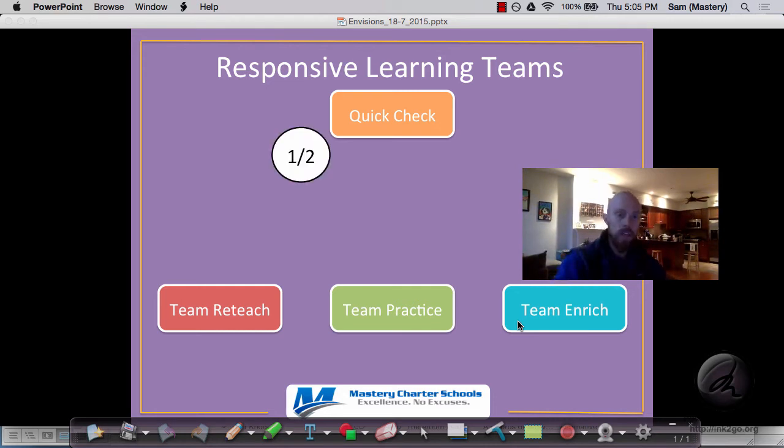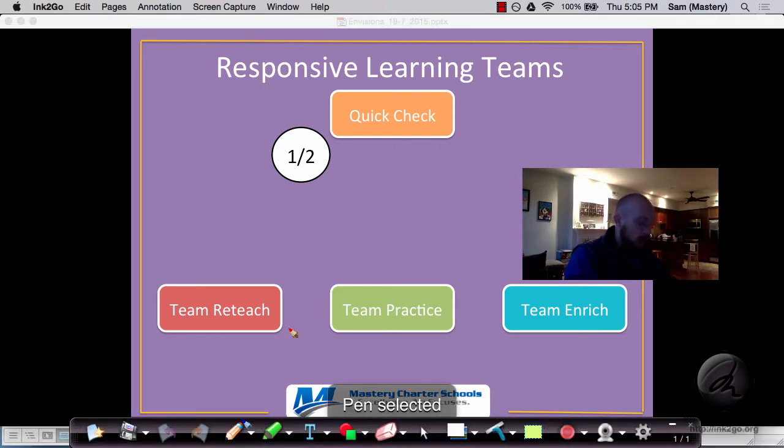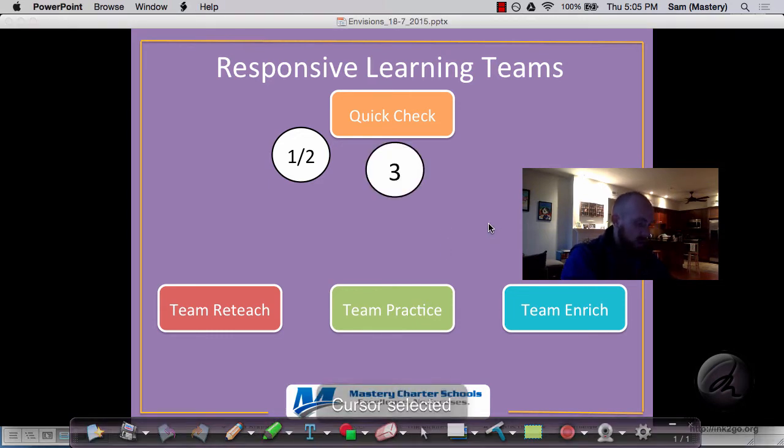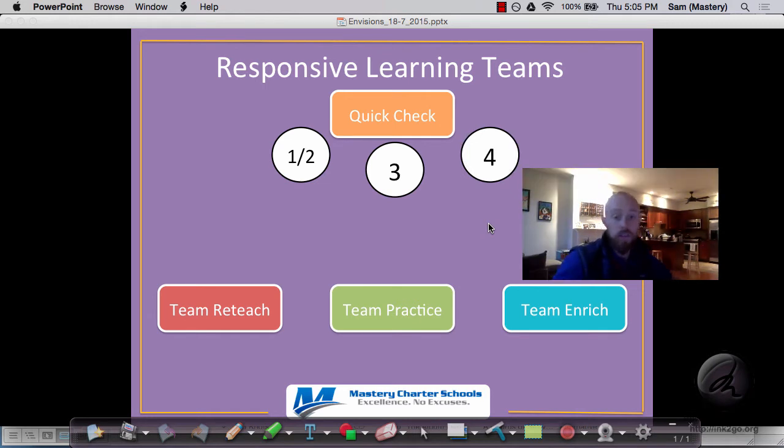That means you did your quick check in class. Maybe you had a level 1 or 2 understanding, and you've worked through to get on the team practice after doing the team reteach lesson. Maybe you had a level 3 understanding, and you were ready to move on to team practice. Or maybe you are at a level 4 and you just wanted to do some extra practice by doing the